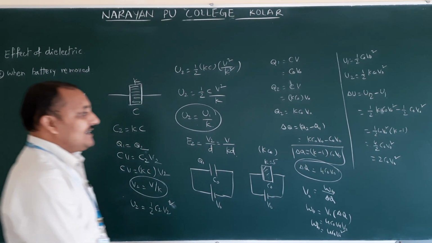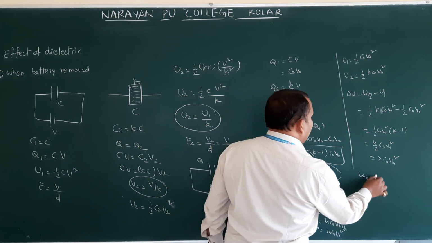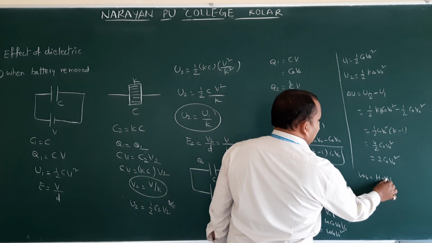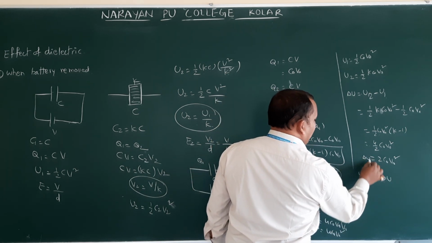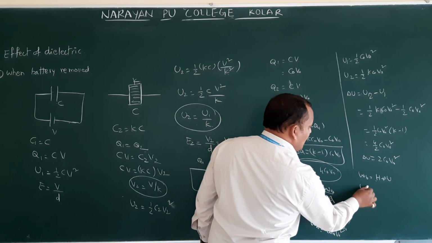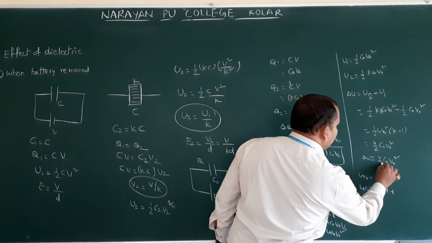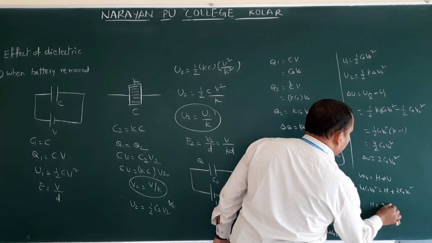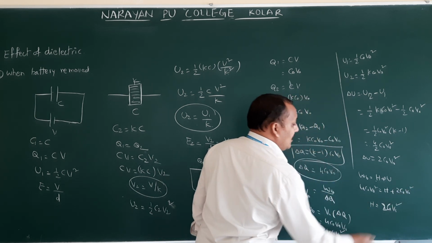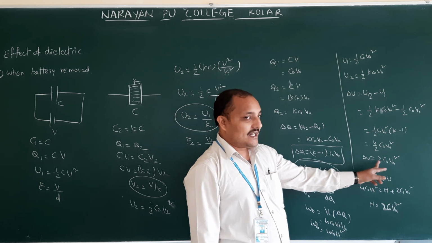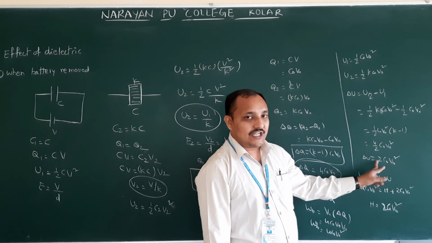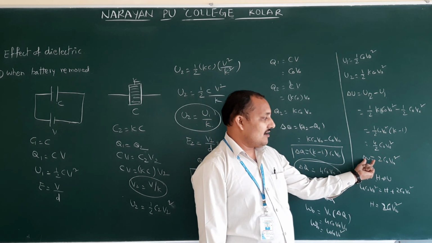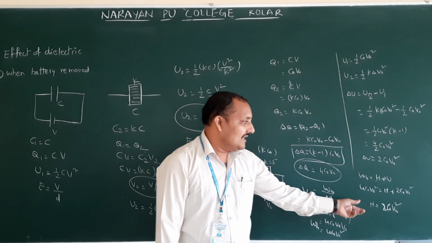Next they ask, what is the heat produced in the connecting wire? Heat produced in the connecting wire means, I already gave the formula. Work done by the battery is equal to the amount of heat generated plus the change in energy, that is nothing but delta U. So we came to know delta U, and we came to know the work done by the battery. Work done by the battery, how much? 4 C naught V naught square equals H plus 2 C naught V naught square. And H is equal to 4 minus 2, that is nothing but 2 C naught V naught square. See here, how much energy is going to be changed? The same amount of heat energy. Almost how much energy is generated, wasted or lost? The same amount of heat energy is also going to be developed.